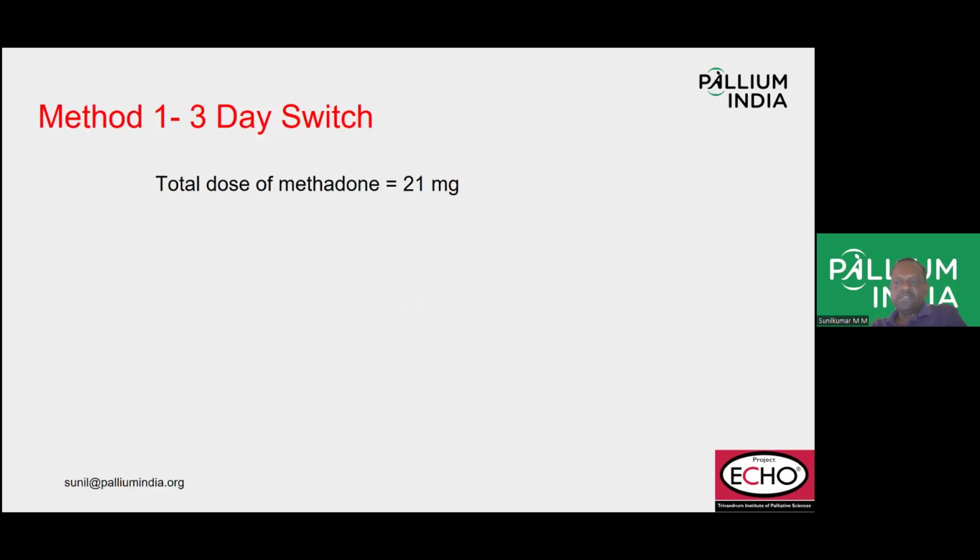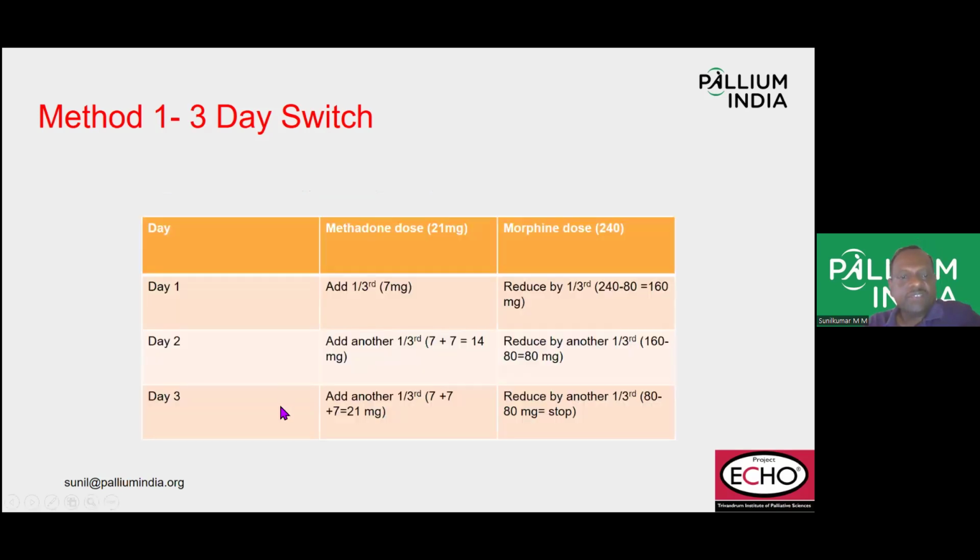Now, if you give a 3-day switch, that means by taking 3 days, you convert all of the methadone and stop morphine. That is what 3-day switch means. So on the first day, you will give only 1/3 of the methadone. The total dose was 21 milligram, so 1/3 would be 7 milligram. And the total dose of morphine was 240 milligram. You have to reduce the morphine by 1/3, so 240 minus 80,